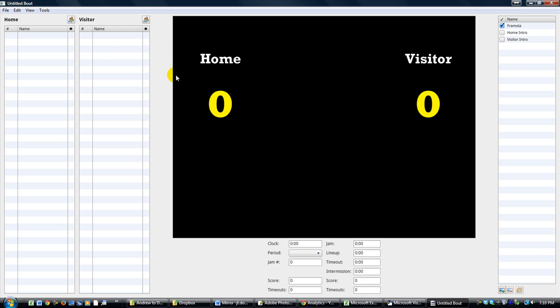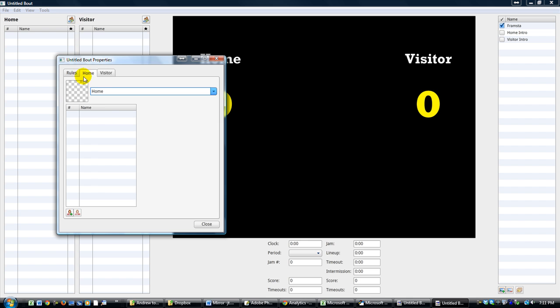I'm continuing on our first lesson on Poang, which is a roller derby score-keeping program. Basically, we had a question. How do you get it to go from period 1 to period 2? Well, there are a couple ways, but typically when you're in an actual bout, I guess I need to